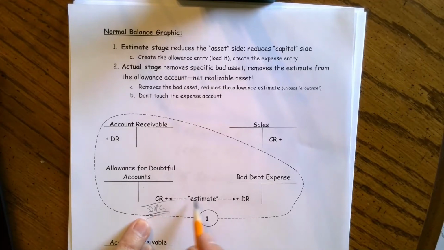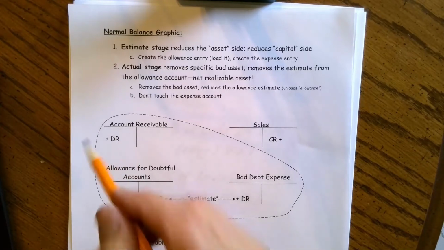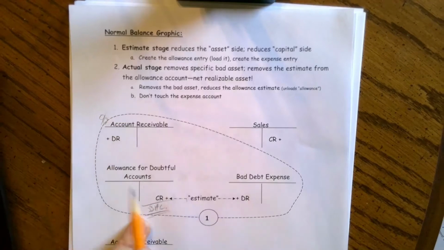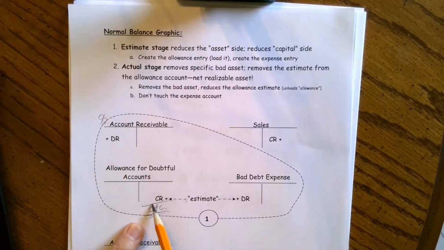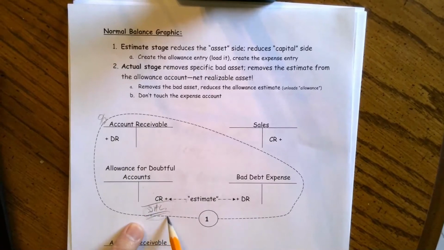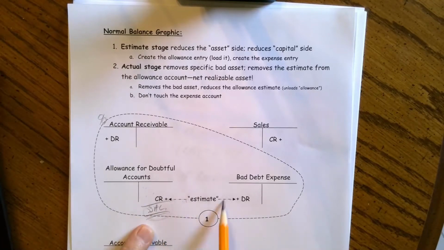But before they make the journal entry, they have to look at any preliminary balance. So this balance sheet method is a two-step process. One, make a calculation to get the total desired target amount in this account. And secondly, look at any balance in this account before making the journal entry